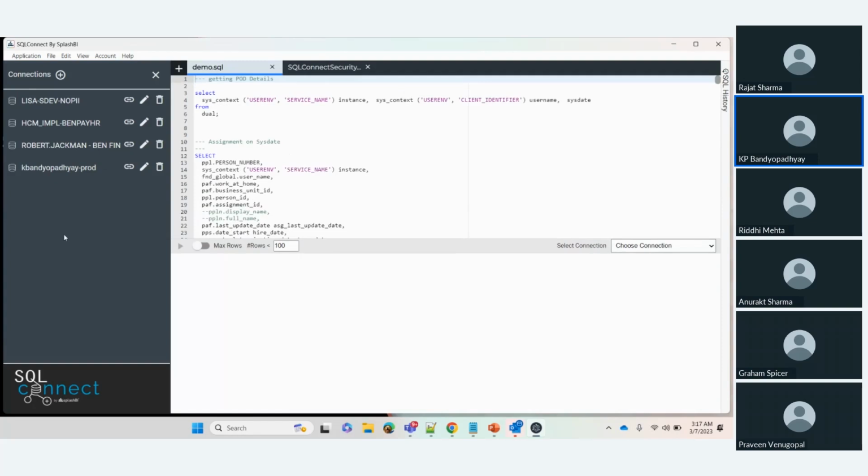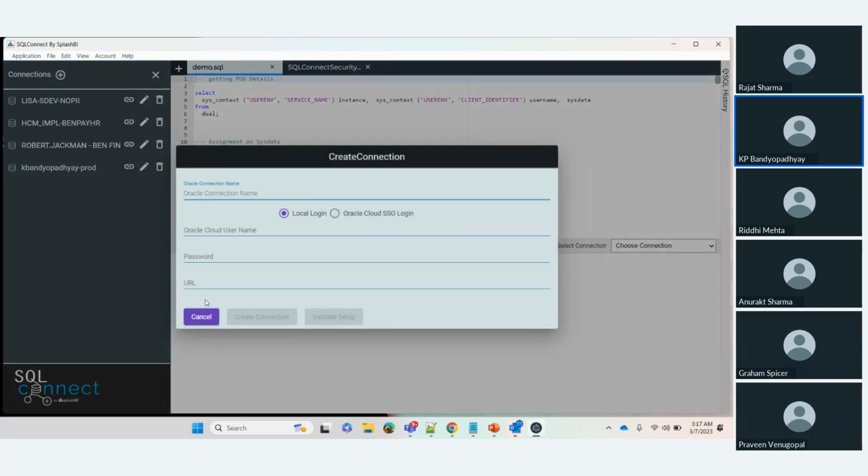All right. On the left side, you see different connections, and just click on the plus icon. You can add the connection. You just add your Oracle Cloud username that you're using to log into Oracle Fusion Cloud. You use your password and the URL, and just put a name like dev1, test, something like that. If you're using SSO, single sign-on, in Oracle Fusion Cloud,